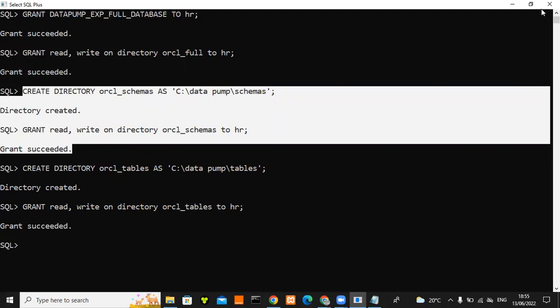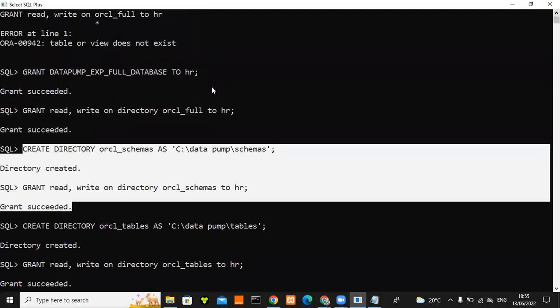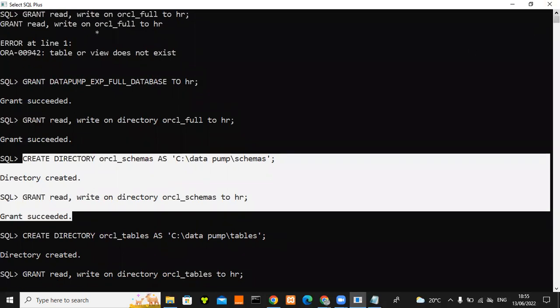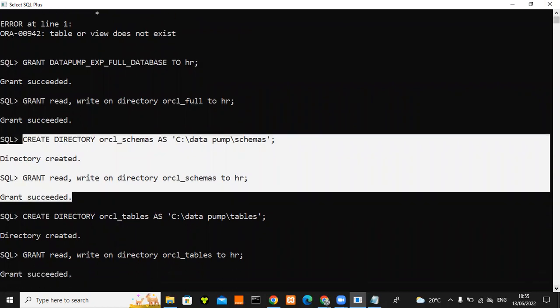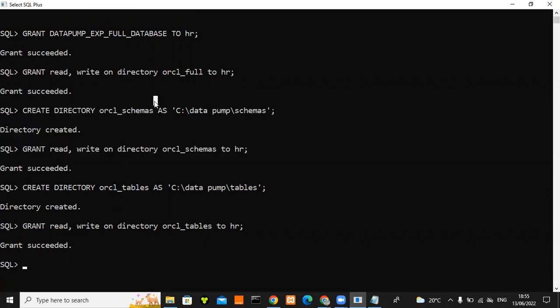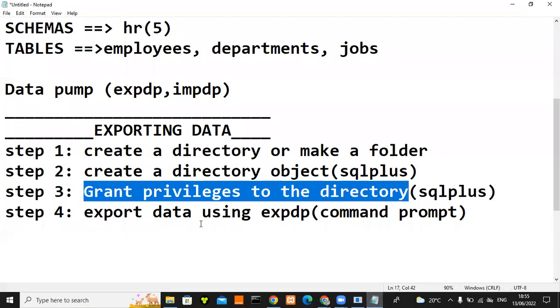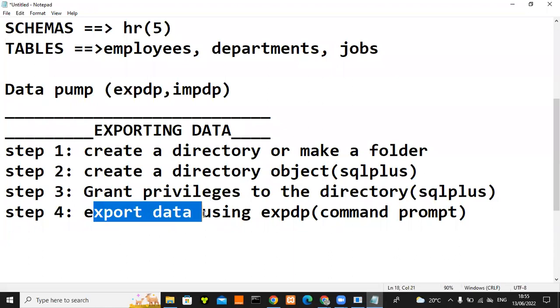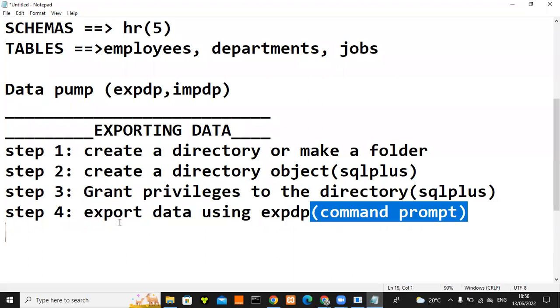And then of course, we can also have for the entire database, which is actually the ORCL underscore database. So you see, you can do one at a time, but I've decided to create these directories, the 3 directories, and of course, grant permissions to each one. So that once we go to the other side of the CMD or the command prompt, now it will become more easy for us to capture the information therein. So what happens is,